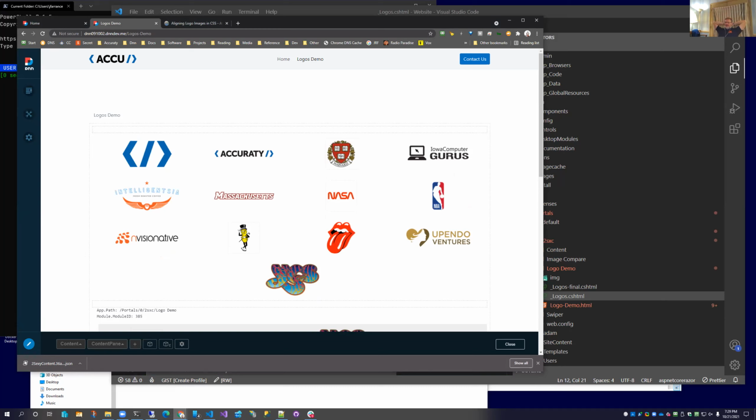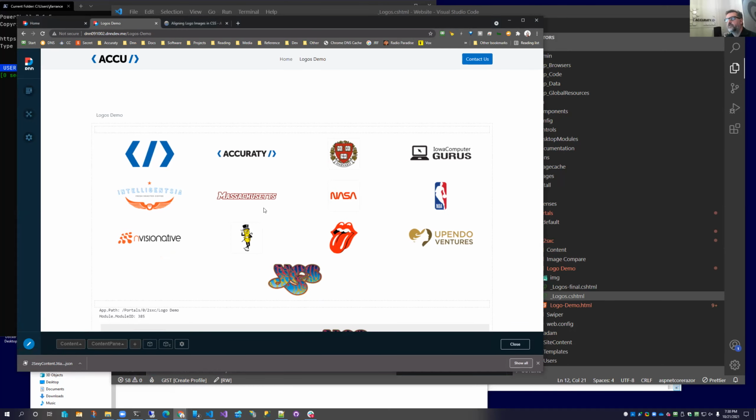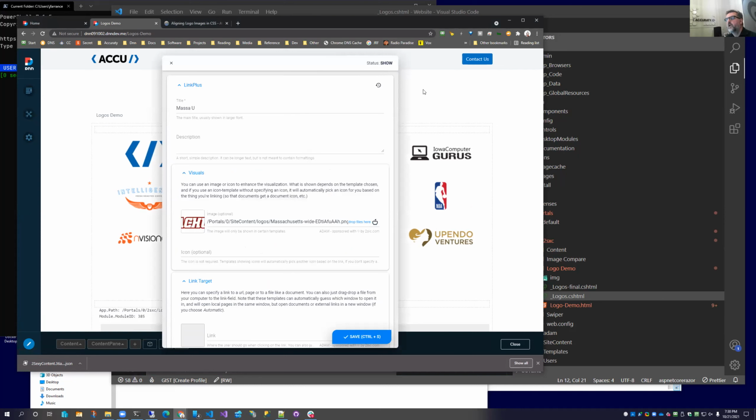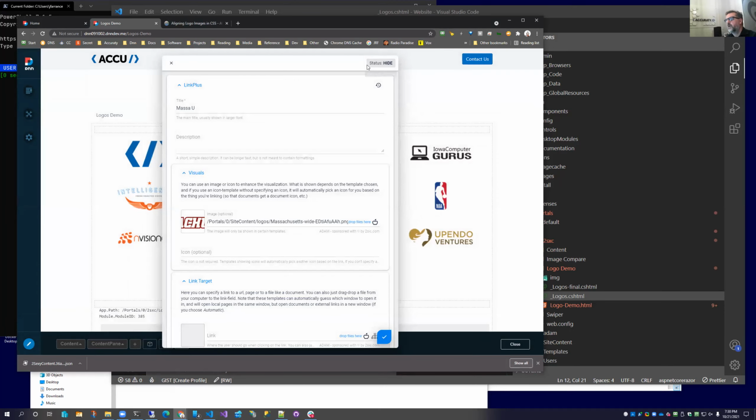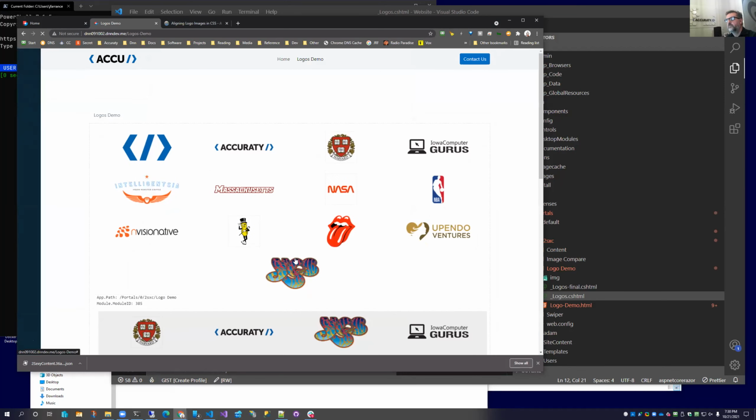This looks pretty sharp. I just want to show off a couple of features real quick that people aren't commonly aware of. Daniel finally worked this one out. Let me test it and make sure in this version it's working the way it's supposed to nowadays. Up here on the right, you've got this status show hide. And the original idea was having publish and draft and be able to hide individual content items. And it's kind of come full circle. And I'm now setting status to hide on the Massachusetts one.